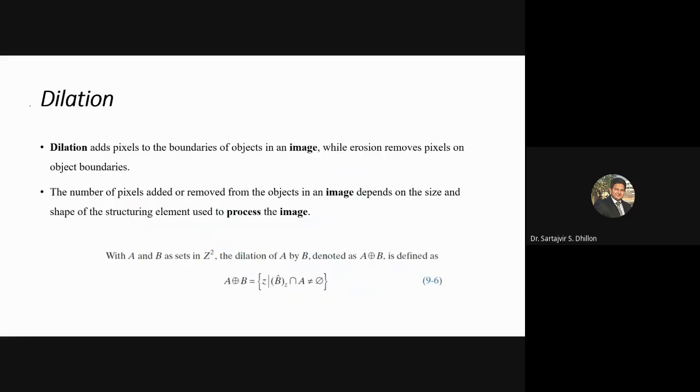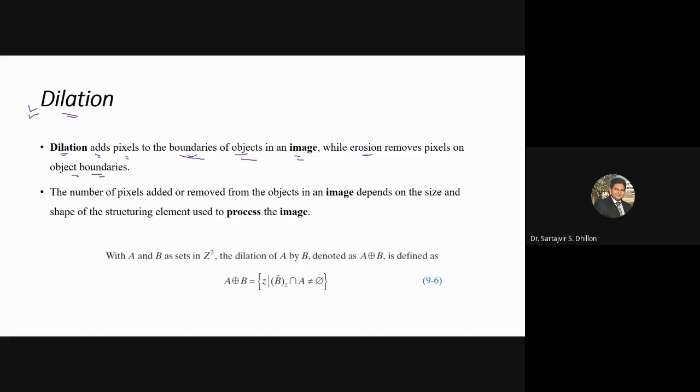Now we will do the inverse of the erosion, which is referred to as dilation. The function of erosion is to remove pixels, and the function of dilation is to add pixels to the boundaries of the object in an image. What we did earlier, erosion, removes pixels on the object boundary.